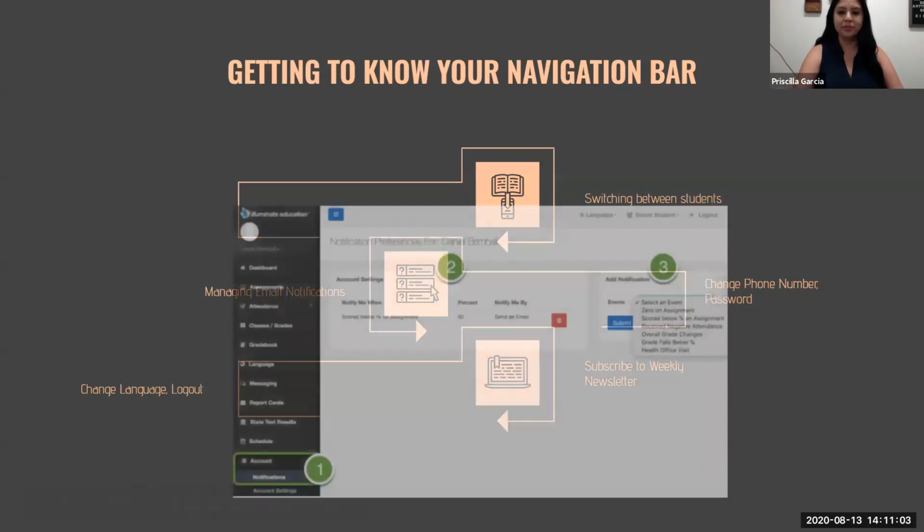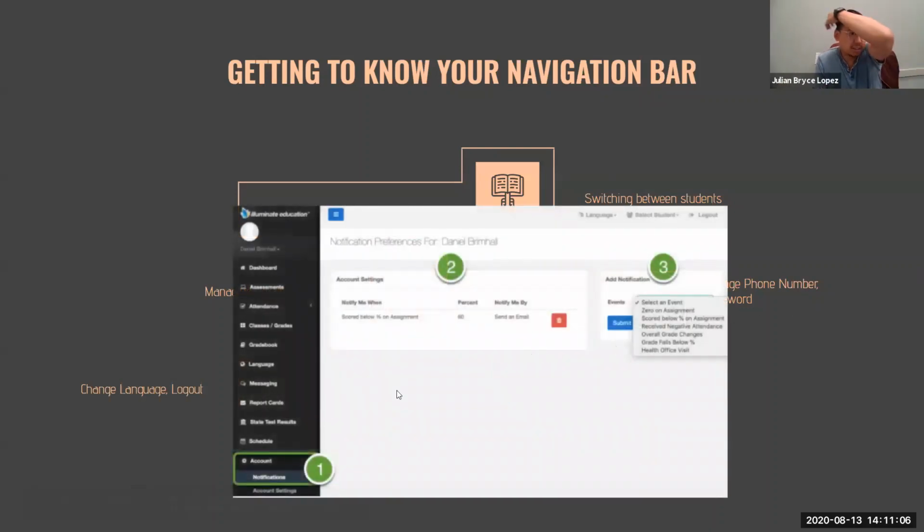Okay. Next, we'll go over managing notifications. So for your notifications on how you want to be notified about your students, we have 2 different areas. You go down to the left side on accounts, notifications. It'll bring up the notification panel, and then it'll ask you what kind of notification preferences you'd like. Any events that might happen, you can put, if your child received a 0 on an assignment and you want to be notified, that would screen it. If they receive below a C or anything like that, you can get a notification, negative attendance, overall grade changes,